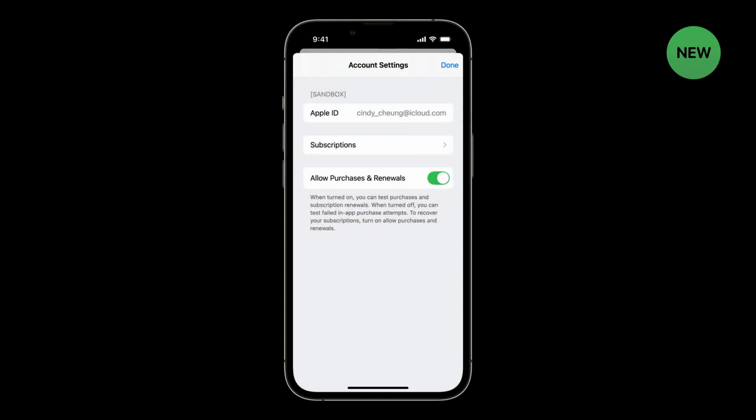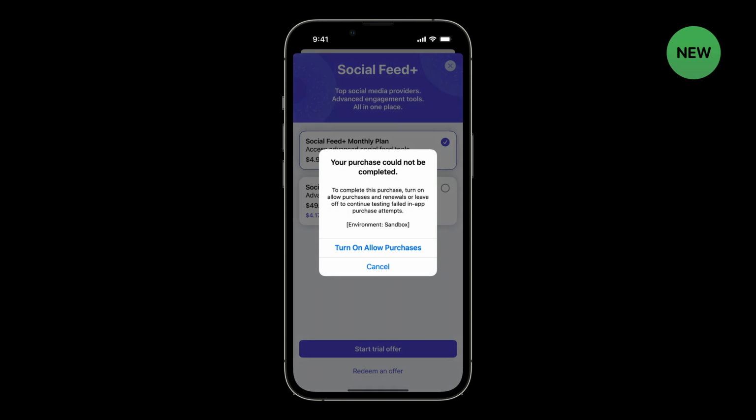This year, we're introducing a switch in the new Sandbox account settings to simulate a failed in-app purchase attempt. This is also the new home for the Sandbox subscriptions page. With billing failure simulation enabled, foreground in-app purchases will fail. This behavior matches the behavior when your customer's payment method is declined. Billing failure simulation also ensures that auto-renewing subscription states match those for billing failures in production. This means you can test in-app messaging for your customers who are having billing problems. These subscription states will be reflected in your in-app purchase receipts, verified with v2 notifications.